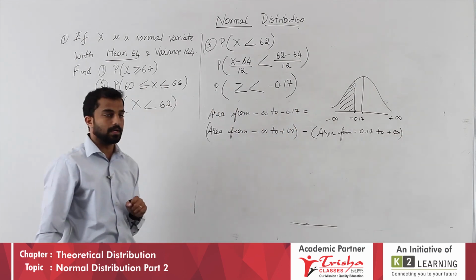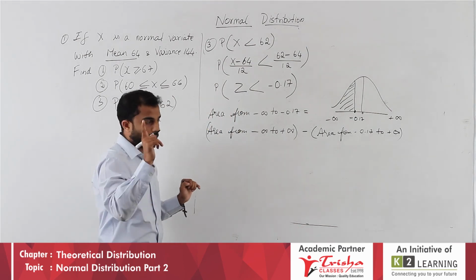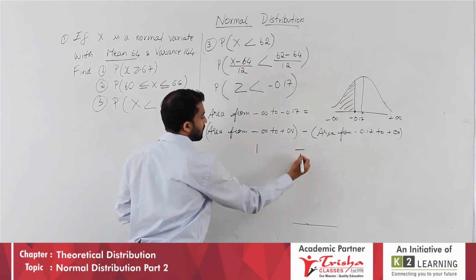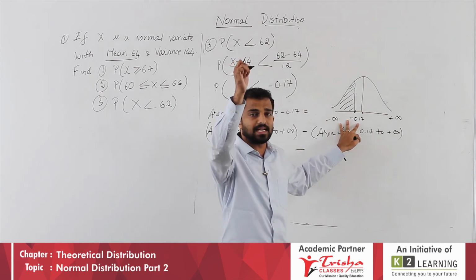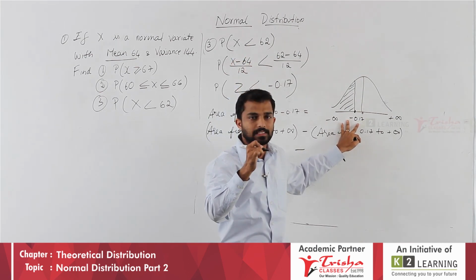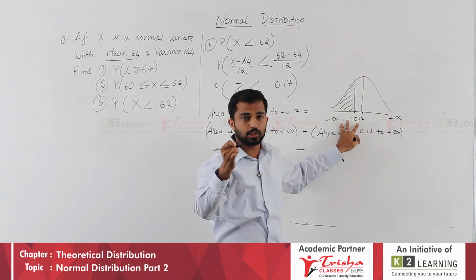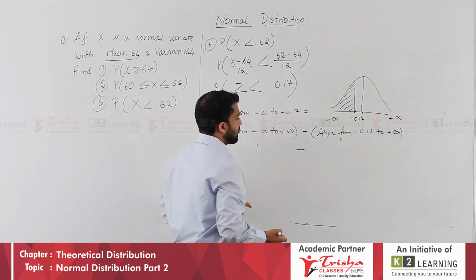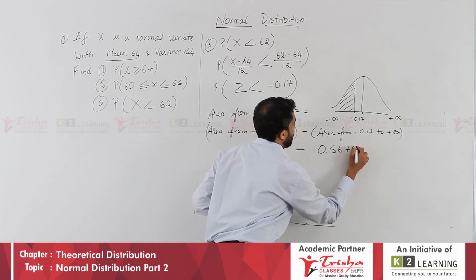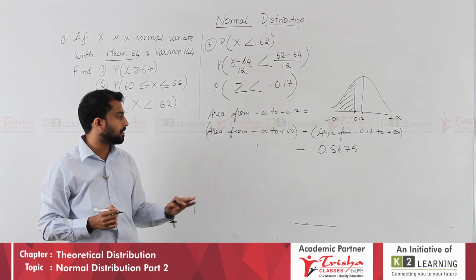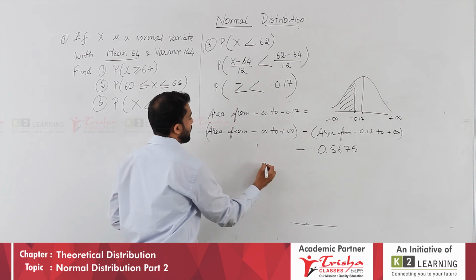This is how we will do it. What's the full area, minus infinity to plus infinity? The area under the normal curve, 1. Minus the area from minus 0.17. Search in the Z tables where minus 0.17 comes, and see the area under the normal curve. It should be how much? Yes, it is 0.5675. Now find the final answer: 1 minus 0.5675 should be equal to